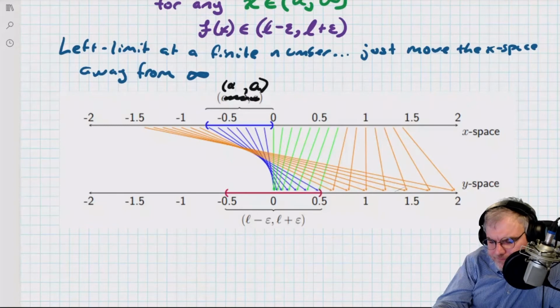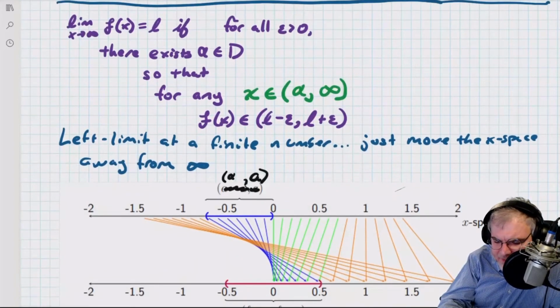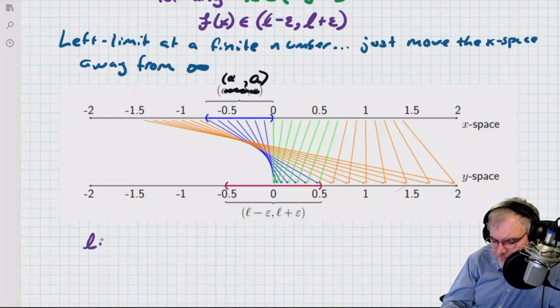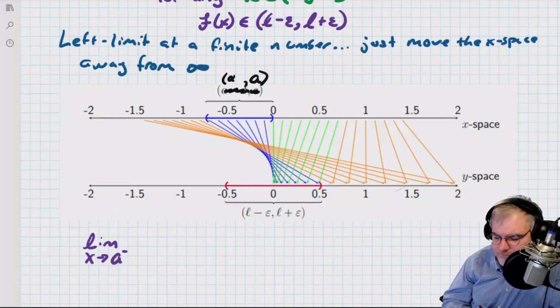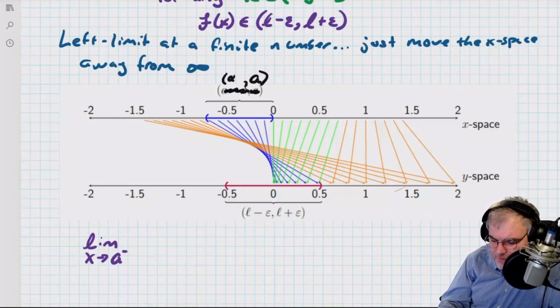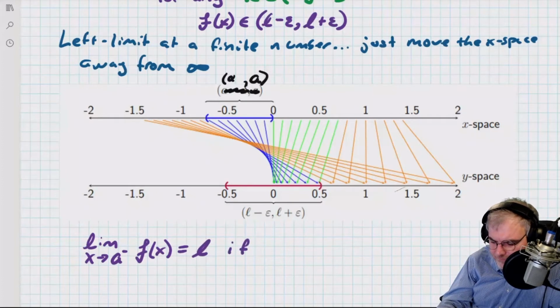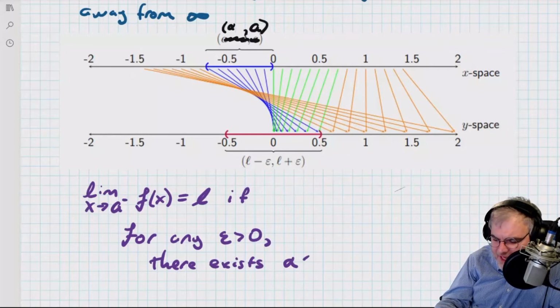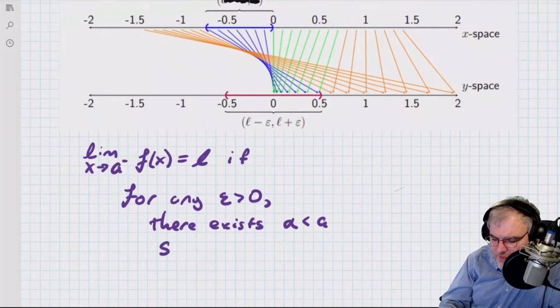So I'm going to write the following. I'm going to write basically the same thing, except I'm going to replace everywhere I see an infinity with a. So the limit as x goes to a from the left of f of x equals L if, same thing as before, for any epsilon greater than 0, there exists alpha. I'm not going to say where alpha is yet, but I'll just say less than a, so that